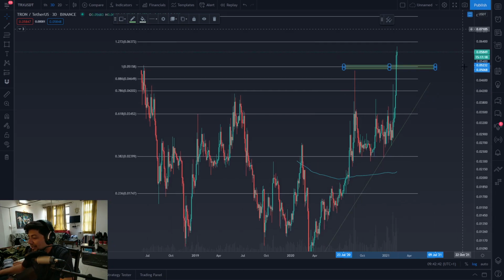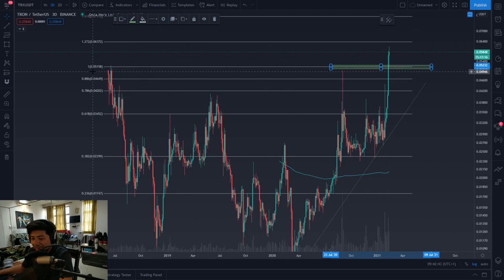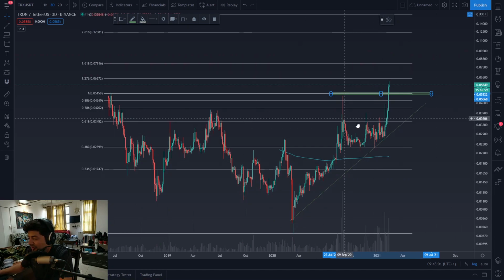So how would the train start going to the downside? It is going to happen if you lose hold of the 5 cents level on the 3-day time frame, on the 2-day time frame as well, on daily also. You could argue on daily, if you start closing candles below 5 cents, then yep, you are getting into a little bit of reaccumulation to sideways price action. You would probably retest these levels at 0.786,